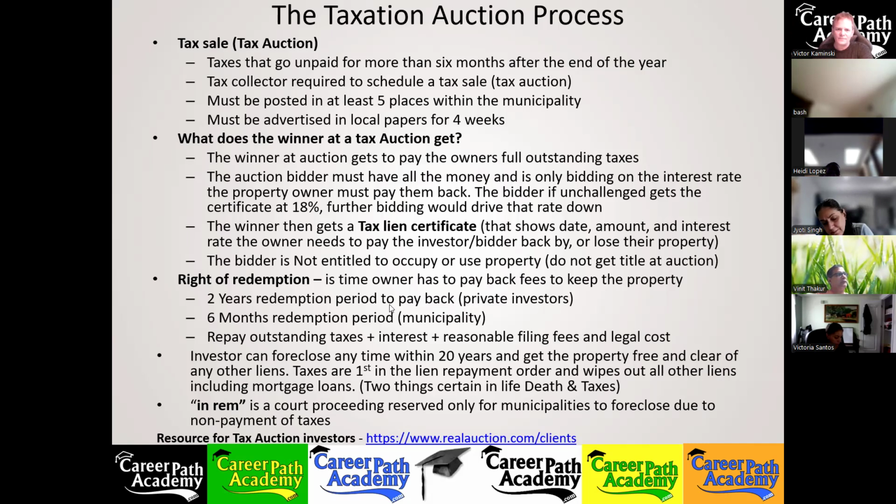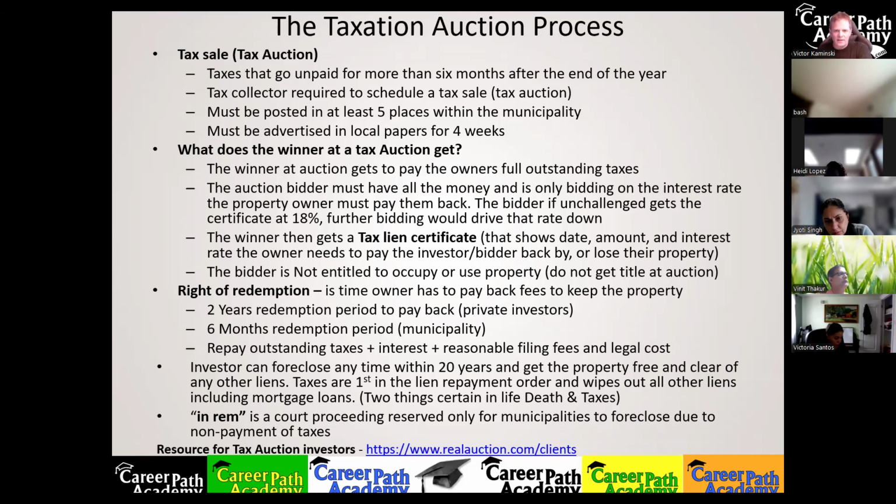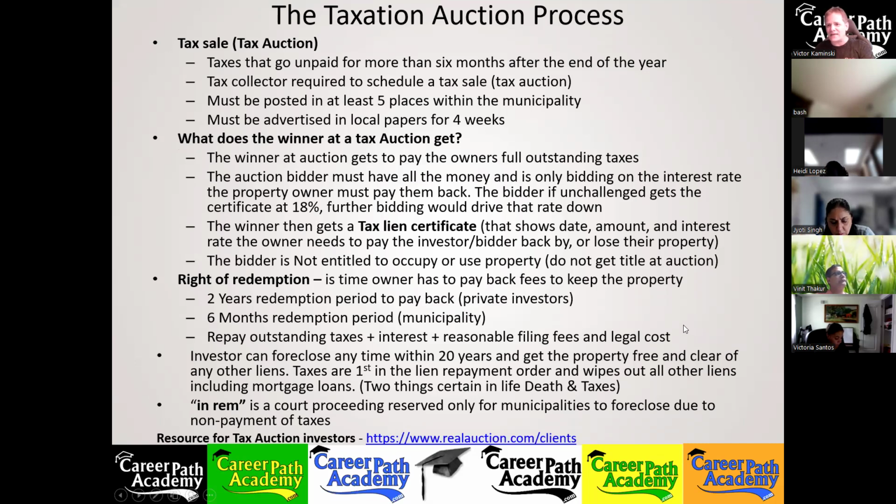I got a link. We have 564 municipalities in the state of New Jersey, and some of them may do their own auctions in their courtrooms. To find out about them, you've got to get on their mailing list, like their snail mail, not even an email list. They're like the old-fashioned mail with a stamp. Get on that list, or they get fax lists. Not every municipality is up in the 21st century yet, and you need to find out how they conduct it or what service they use.